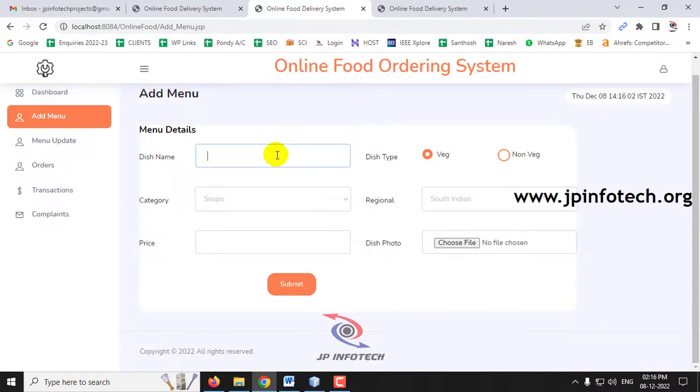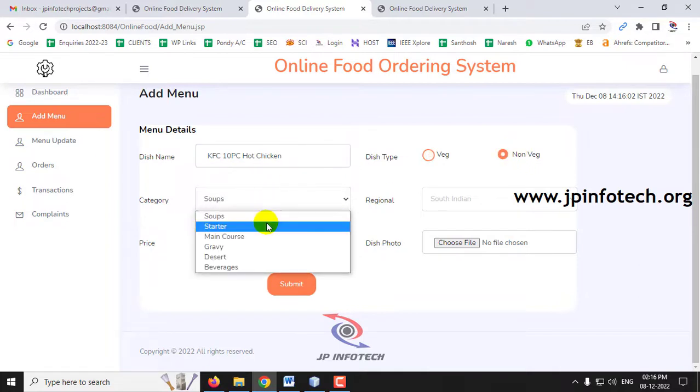So let me enter a name called KFC piece hot chicken. So let me enter the name like this, and dish type as non-veg, and category as starter, and